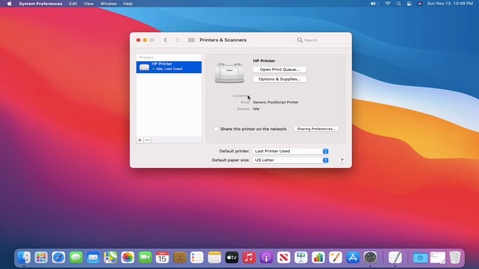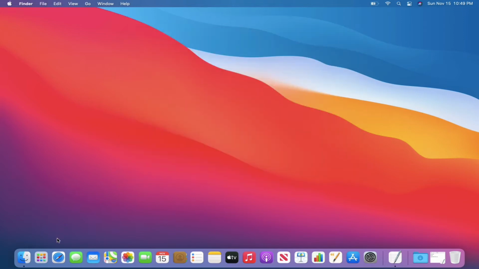If you do, you can just take that IP address, open up Safari, put it in the address bar, and you're off on your way. In this case, we don't. So let me show you how we get around that. What we'll do is we'll open up Safari,